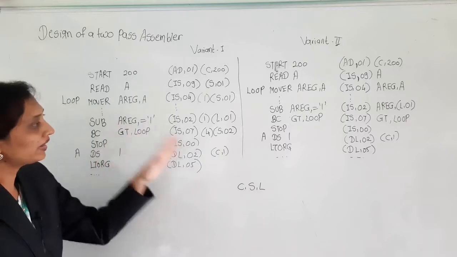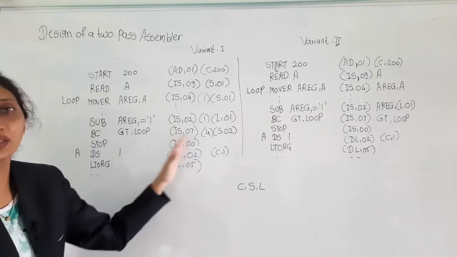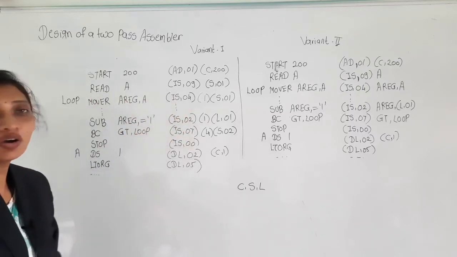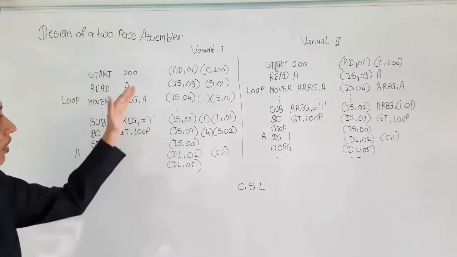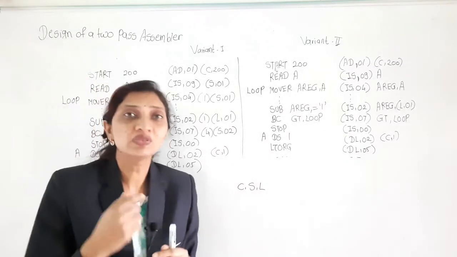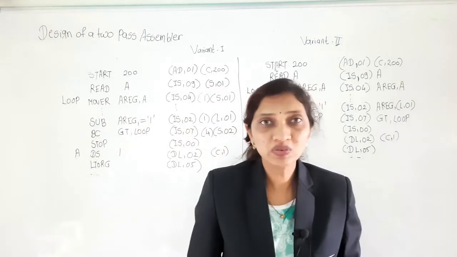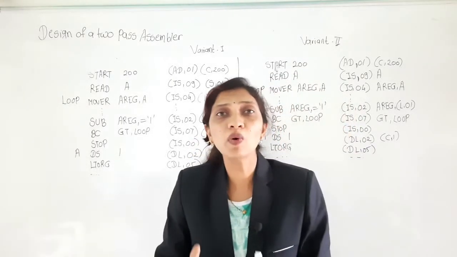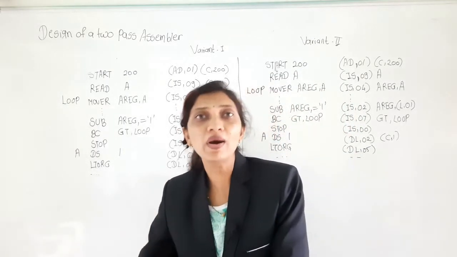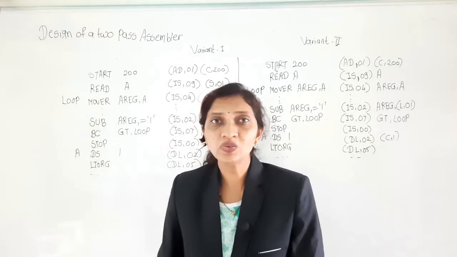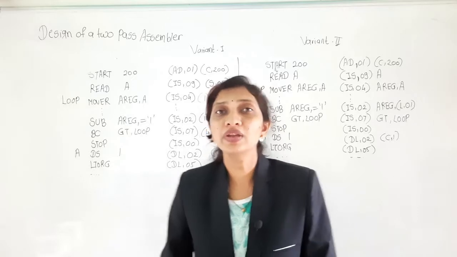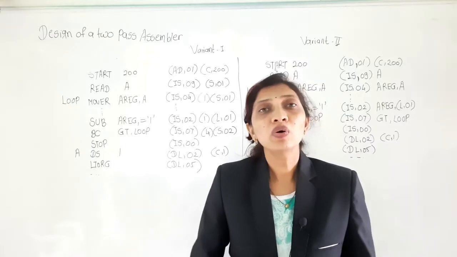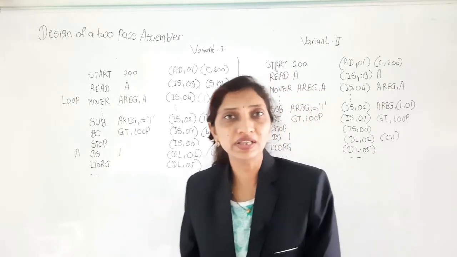We see that in variant 1, all the statements are in the processed form. So during the processing of pass 1, all the statements are in the processed form, and in that processed form the statement is given to pass 2, means to the synthesis phase. So much work is performed in pass 1, means during the analysis phase, and lower work is performed during the synthesis phase.